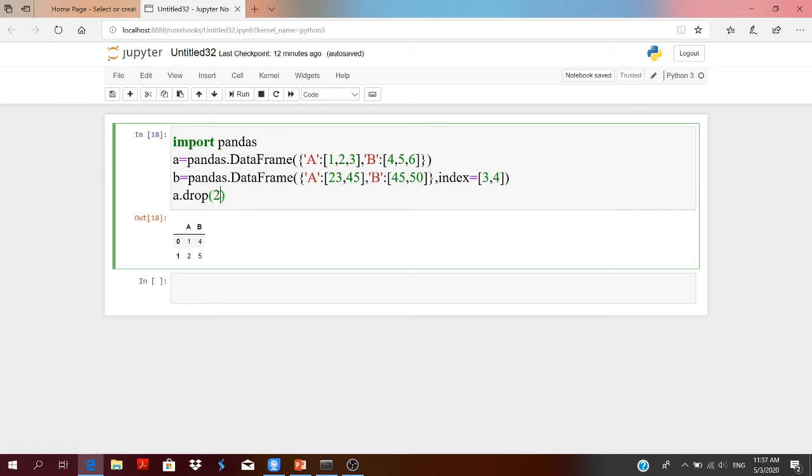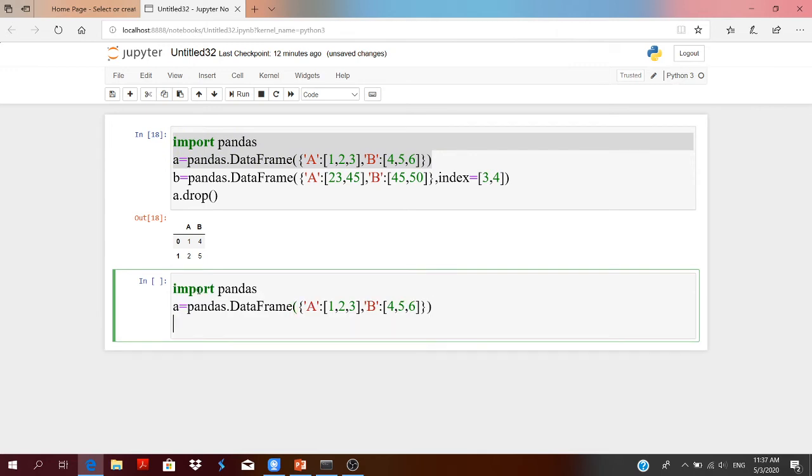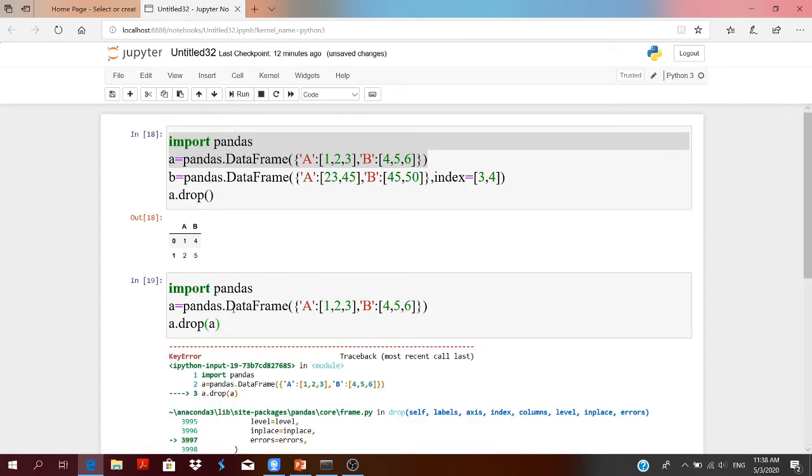Now if you want to delete a row with index value 0, write it here, give index value 0. A dot drop, A. Run the code and see.